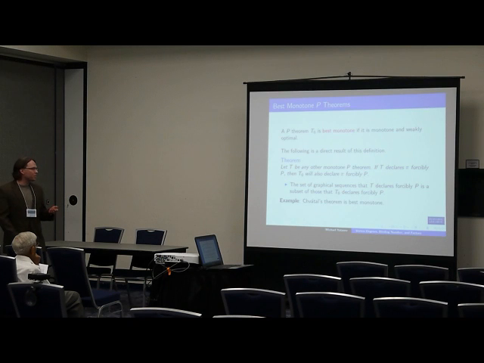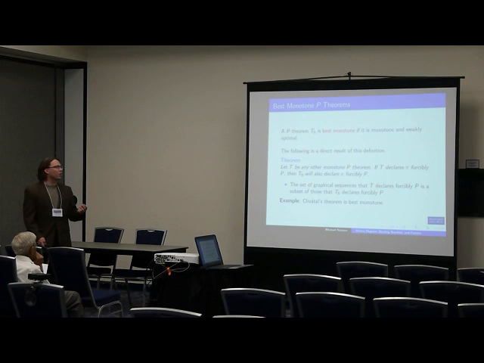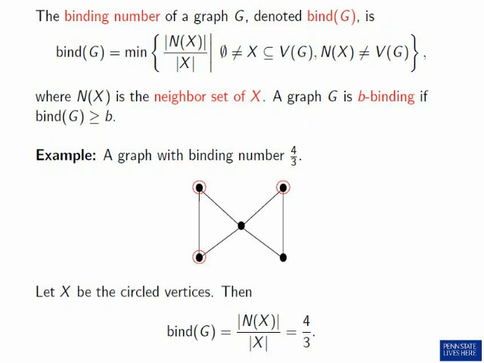And Chvátal's theorem is best monotone because it's both monotone and weakly optimal. Usually checking monotonicity is not that difficult to observe. And then the weak optimality, once that's verified, we know that we have in our hands a best monotone theorem for that property. So I'm going to combine the notion of